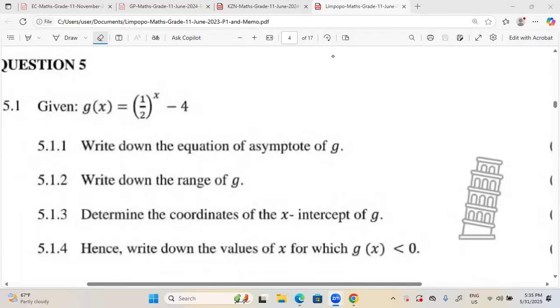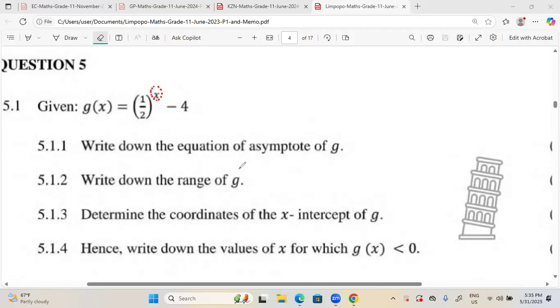Yep, grade 11s, we are continuing with the topic of functions where we are preparing for our exam. Question 5, we are looking at what we call exponential function. So we are dealing with expo function. How do we know that the function is exponential? Because the variable x is the exponent. When you see a function where x is the exponent, you know that you are dealing